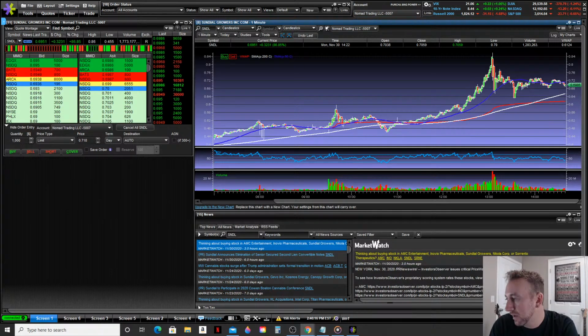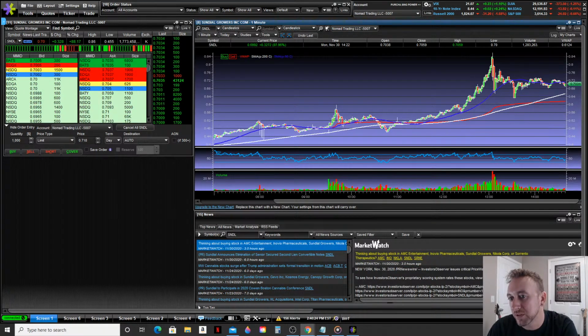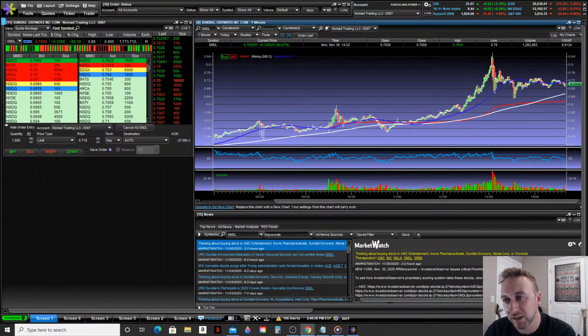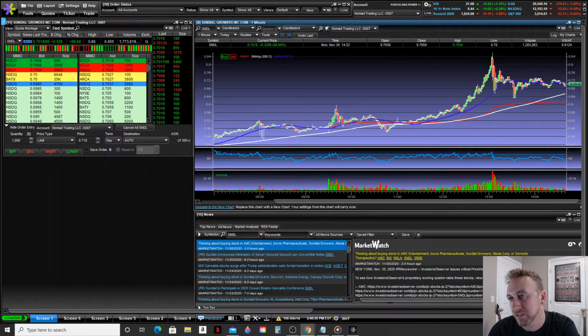Logan asked, how do you spot breakouts without the scanner? Well, you can use free screeners, but they just don't work in real time. So you'd have to just update it and then be watching those stocks, actively clicking on them and all that. It's not ideal, and I'm not going to do it. I will just get a scanner, either pay for a scanner service or a different broker that has a good scanner,